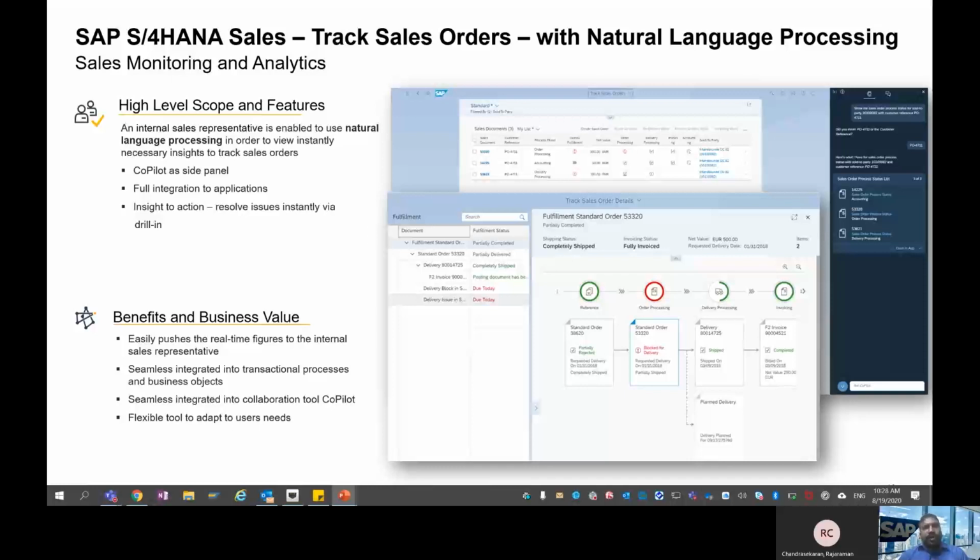If you see on the right side, the Copilot is a side pane with full integration to applications. So Copilot enables insights to action. Discussing the benefits, it pushes real-time figures as it has more seamless integration with the transactional process and business objects. So let's move to the next innovation.